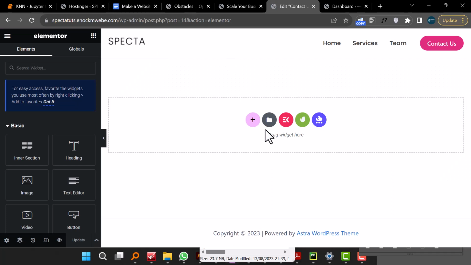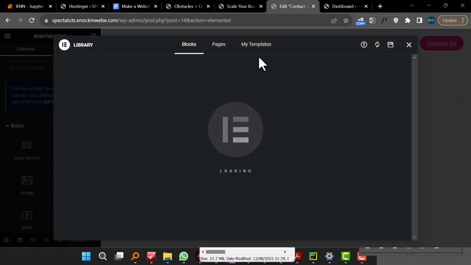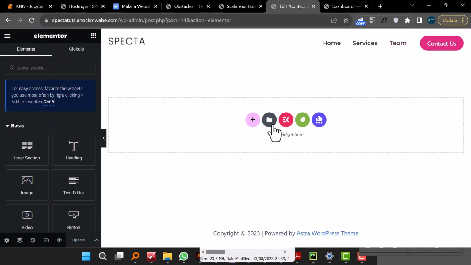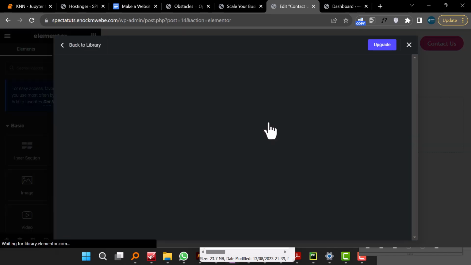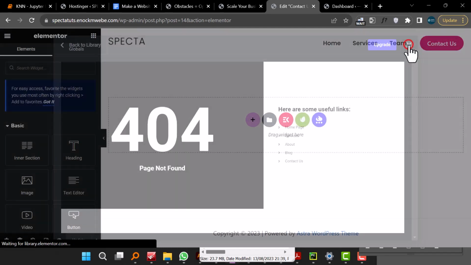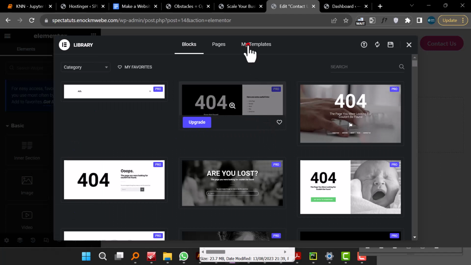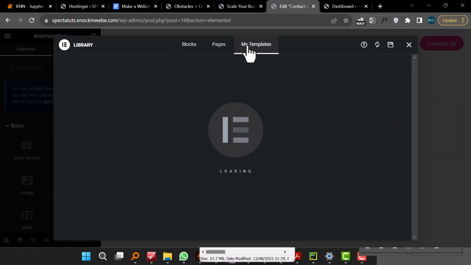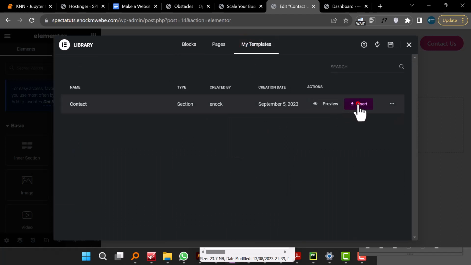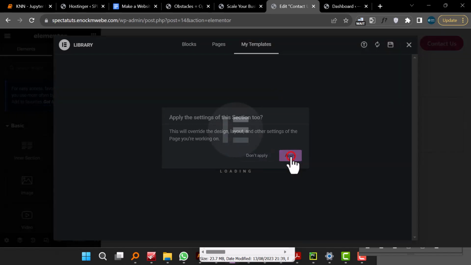And once you're here, remember on the previous homepage section we saved our template. All you have to do is come here to this folder icon right here. Click on it, let me first close it. Click on this folder icon right here, and it's going to open up my templates. Once you're here, just click on insert and click apply,